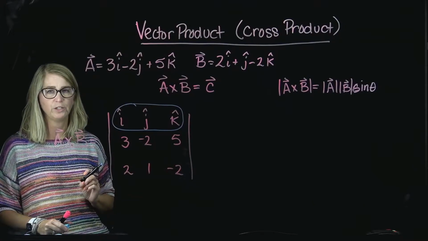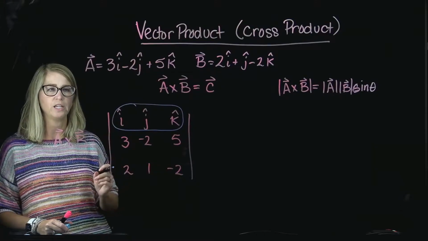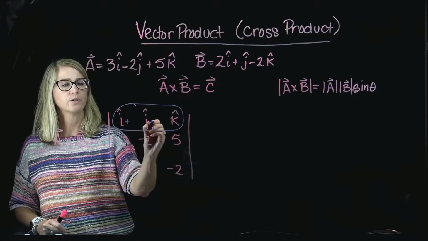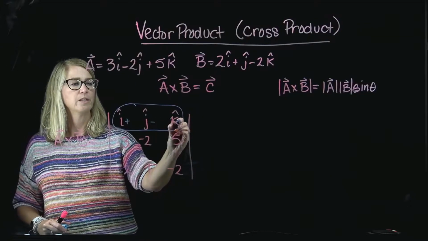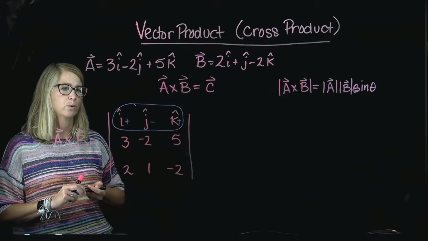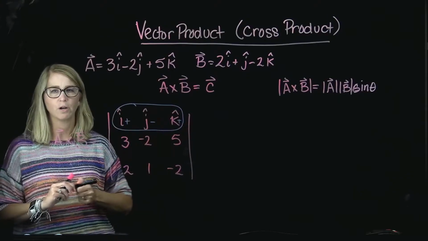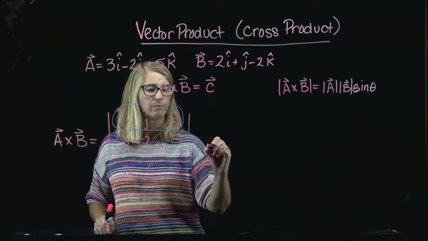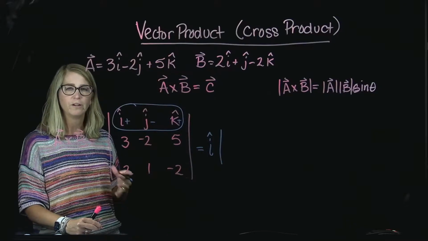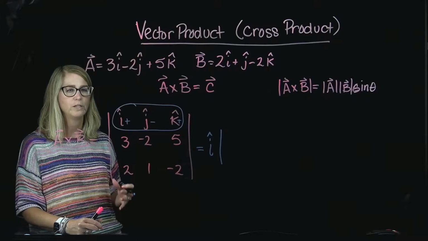In addition, when we do that, there's an inherent sign that goes with each of these elements of this top row, and they simply alternate. So this is a plus, this is a minus, and this is a plus. That's something to remember. Okay, so we're going to expand this 3 by 3 matrix about the top row. What does that mean? When we want to find the 2 by 2 matrix that goes with unit vector I, what we do is